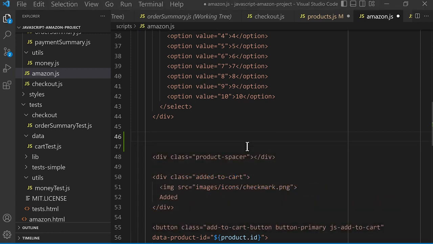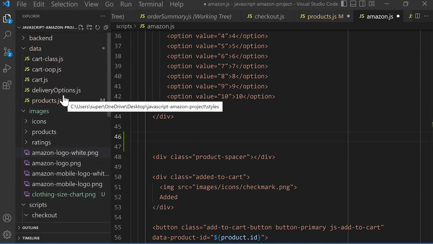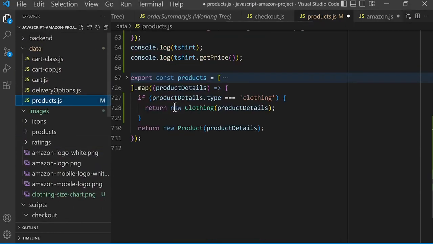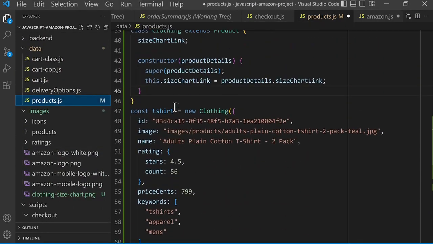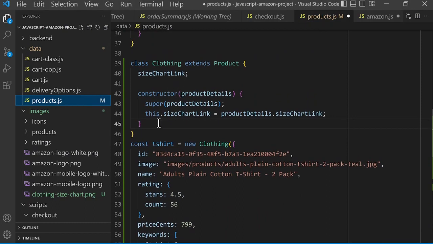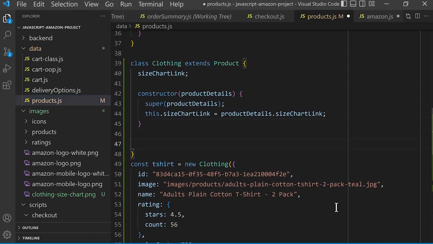However, we're going to learn a different way to do this using inheritance. So first, we're going to create a new method on the clothing class that's going to generate the HTML that we need here. So we're going to go to our code and scroll up and open products.js. And we're going to scroll up to the clothing class. And at the bottom, we're going to create a new method